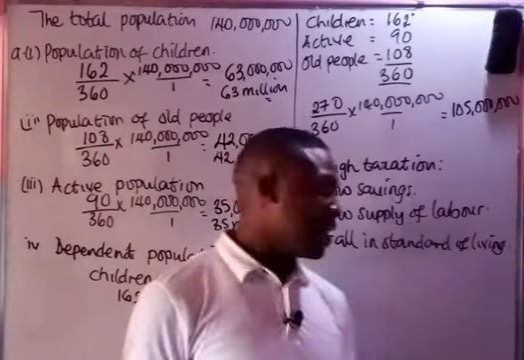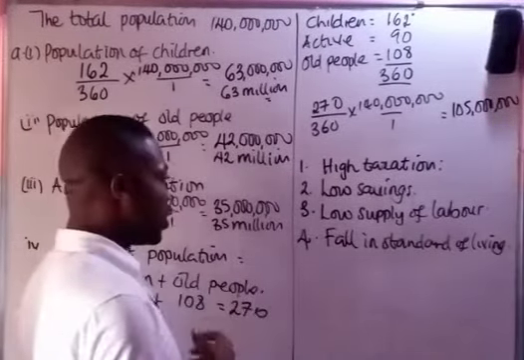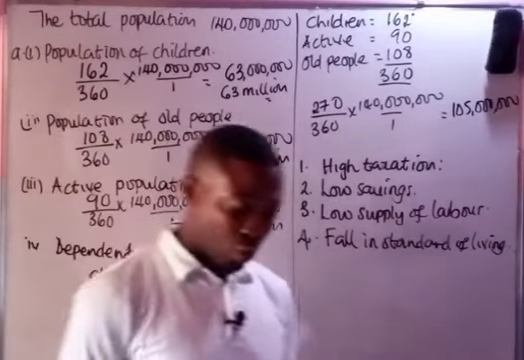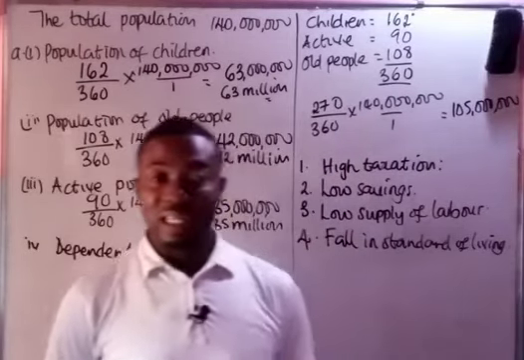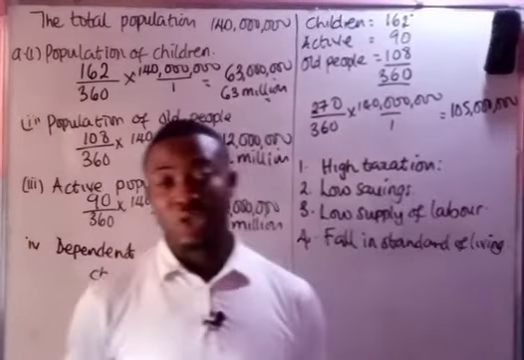Okay, so these are the four economic implications of the above population structure. So that is what that question requires. That's the number one question. Okay, now let's see the second question. The second question says to us